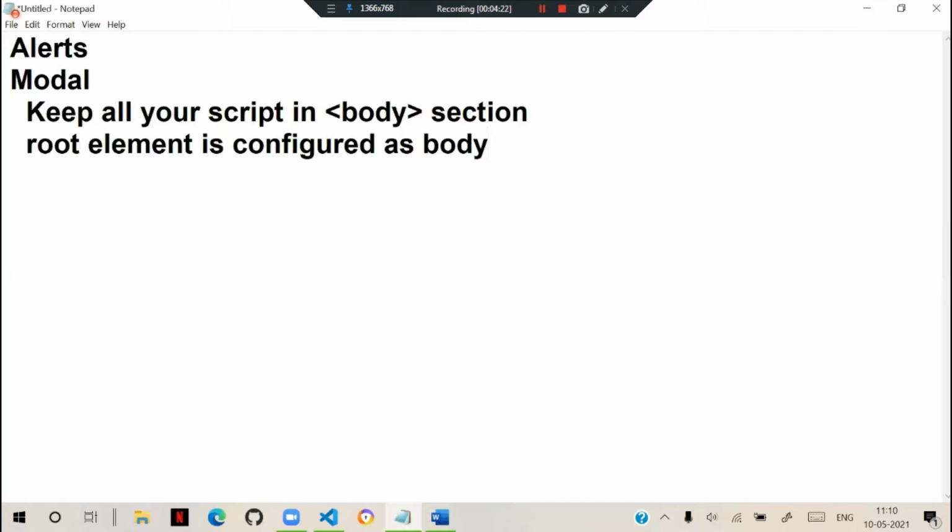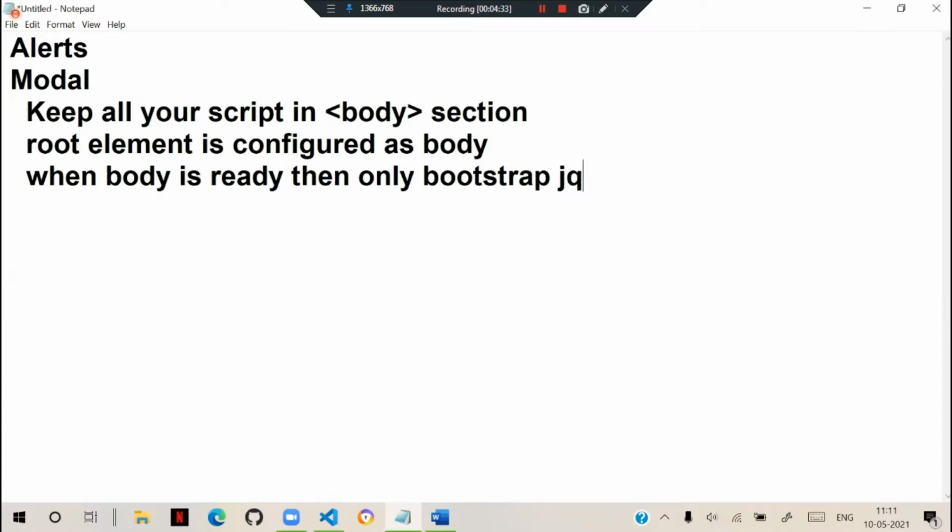So when the body is ready, then only Bootstrap jQuery will be ready. This is the change they have made in jQuery. This is the change they have made in the scripts.